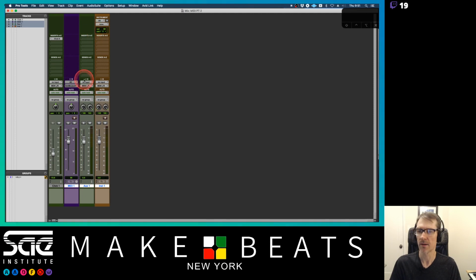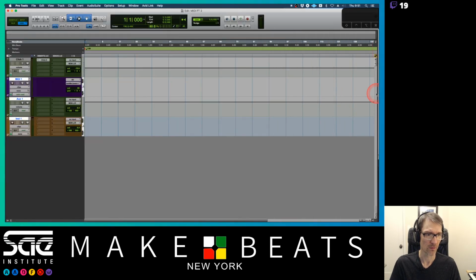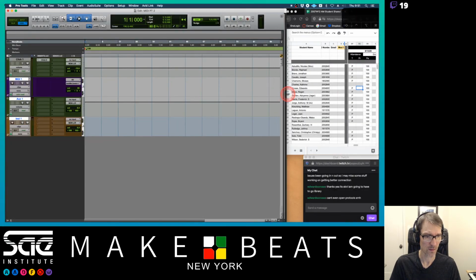So right now I've got my instruments view here. And you notice that it's only showing up anything on my instrument track. And that's how that works. It's only going to show you stuff on the instrument track itself. I'm just going to adjust my screen size here so I can see